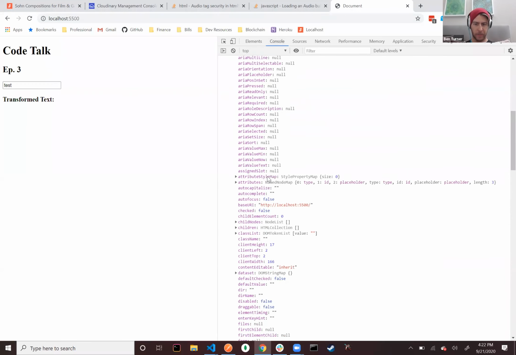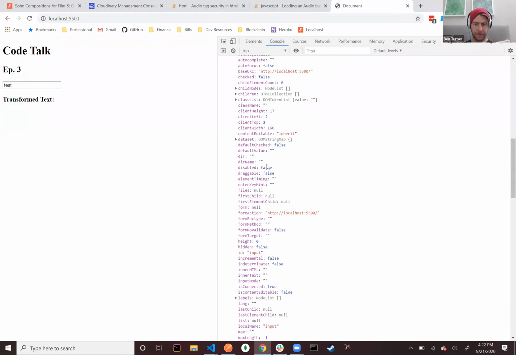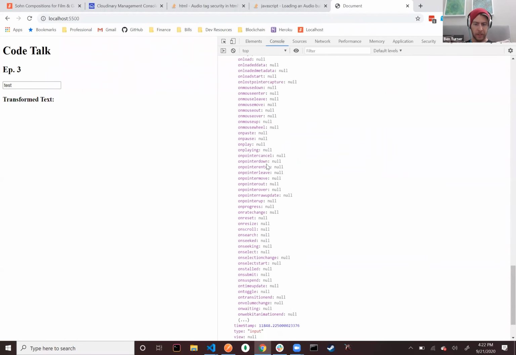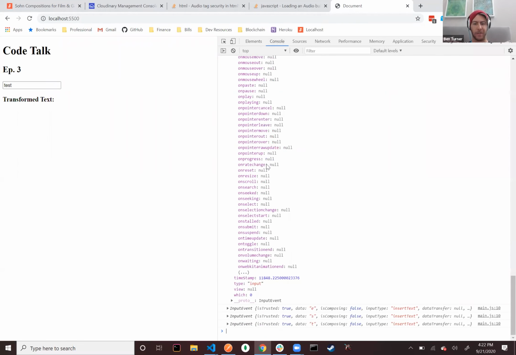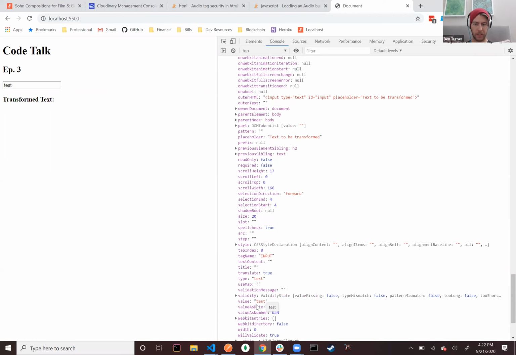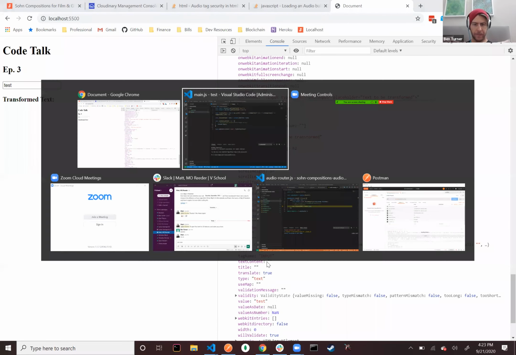It's got all these properties that we're not really interested in. The only thing that we really care about is the value property, the thing that I've, of course, typed into the input, which of course is this string right here. Okay, so